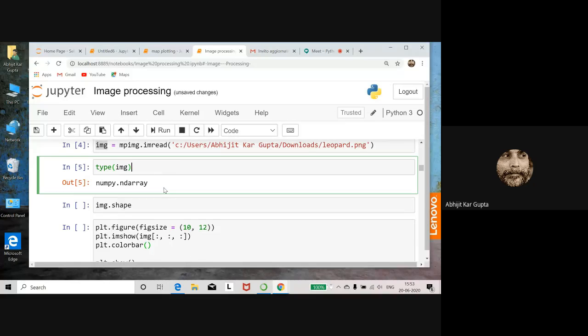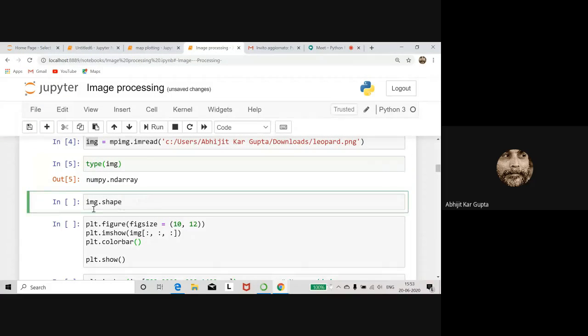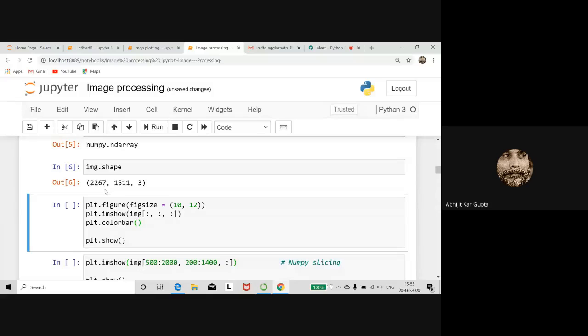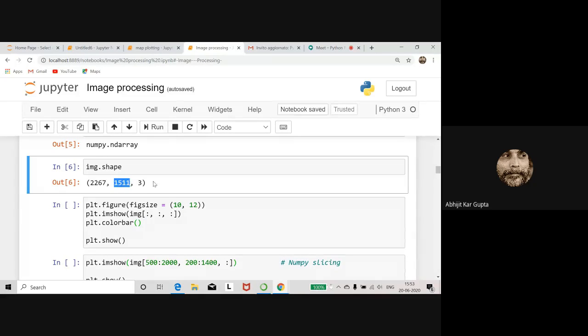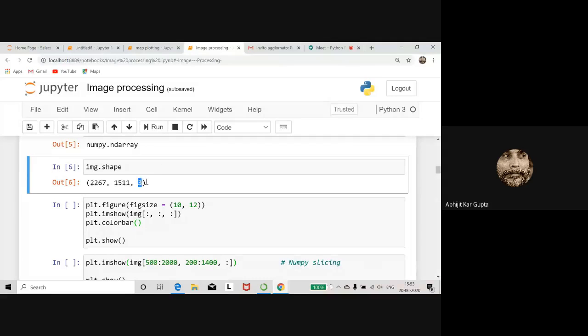Once you have a NumPy array at your hand, you can do anything. Because the numbers are at your hand, you can manipulate some data by hand. You can distort the image, or make it better. Yes, this is a NumPy array, and you can check the shape also. IMG is a NumPy array, so this attribute will work. Shape is basically what Kishore Babu has sent me, the file. This is 2222 by 1511 pixels, and the 3 also comes. So you saw it, M by N by 3 for 3 colors, RGB. So basically a 3-dimensional NumPy array.